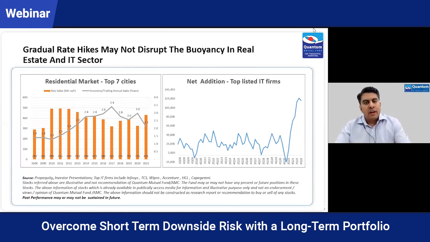Given that, rate hikes may be gradual and not disrupt the pickup in activity that we are seeing at the ground level for sectors like real estate and IT. We are seeing a significant pickup in these two levers, which are driving growth in the economy today. So in the residential market, the sales have been increasing, inventory has been falling, and that is a result of interest rates remaining so low. If you look at it from an affordability perspective, which is nothing but EMI versus income ratios, they are at multi-decade highs, something similar to what we saw in the 2002-2003 cycle.